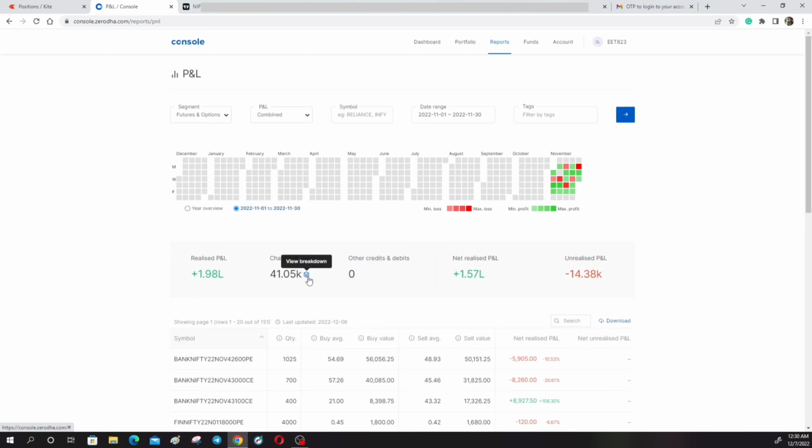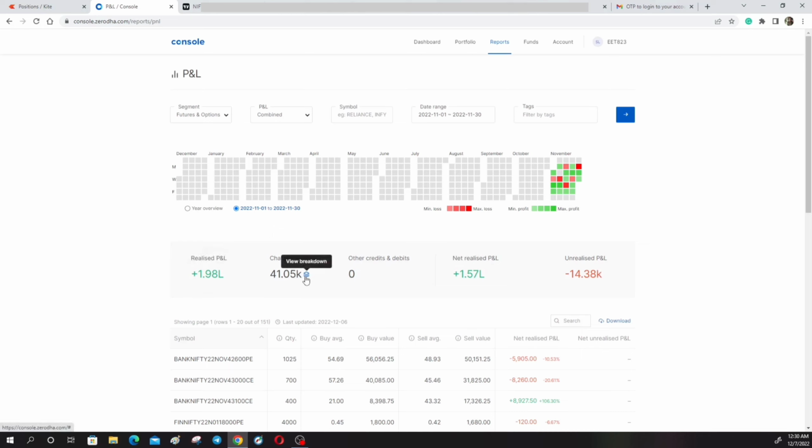I'm going to tell you about this also, but before that let me give you clear maths about the return. GP I made almost 5%, charges almost 1%, and net is 4%, because net is 1.56576 lakh, which is more or less 4% return. So net profit I made 4%, gross profit I made 5%. This is the summary of what return I have made this month.